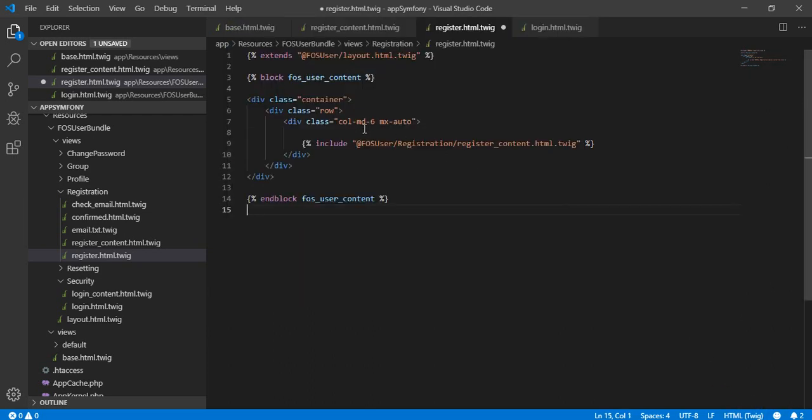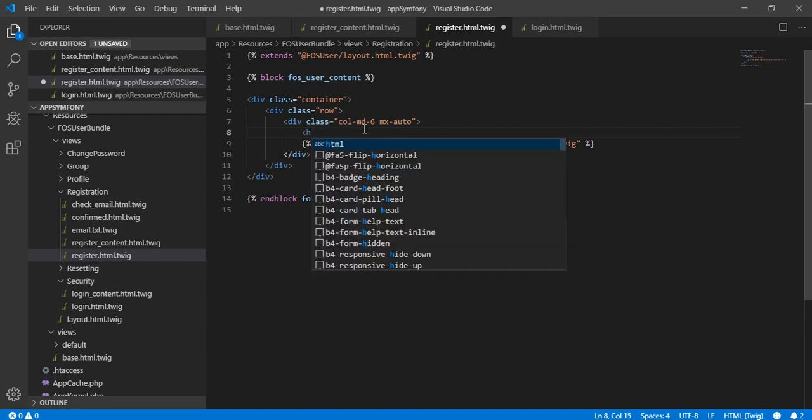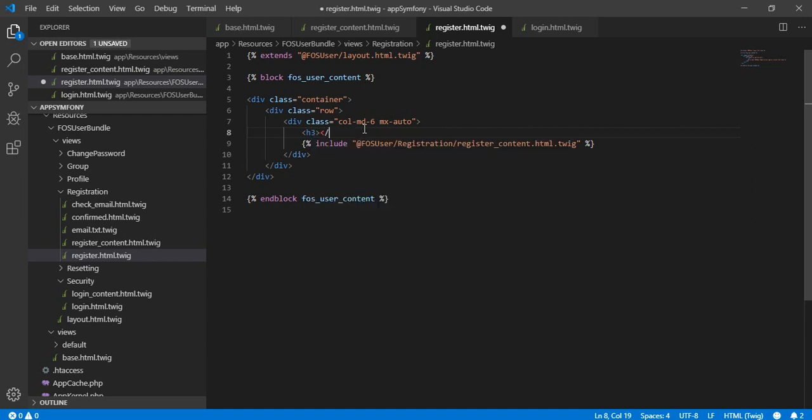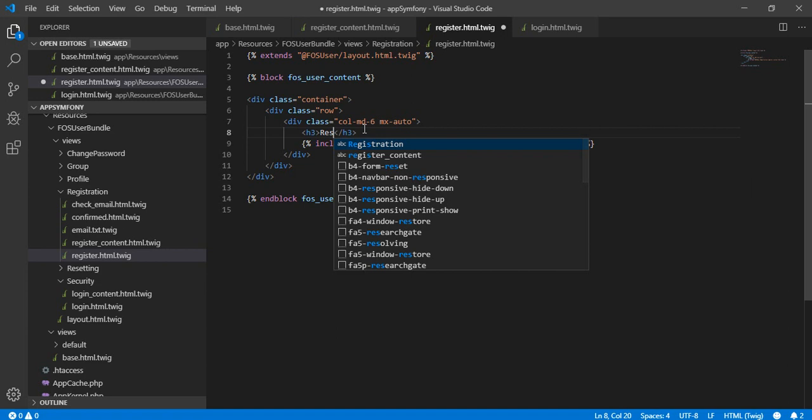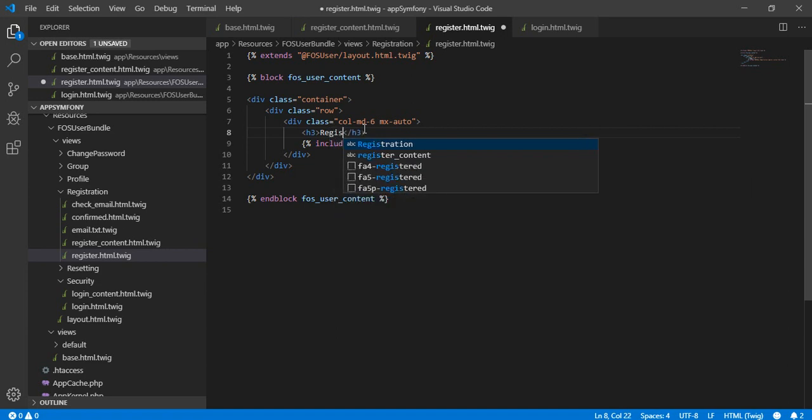Only for example h3, and this is a register, so I will just type register. So register, save,